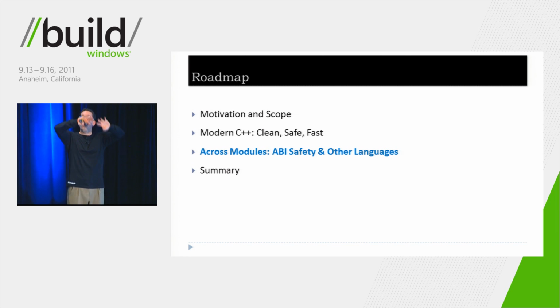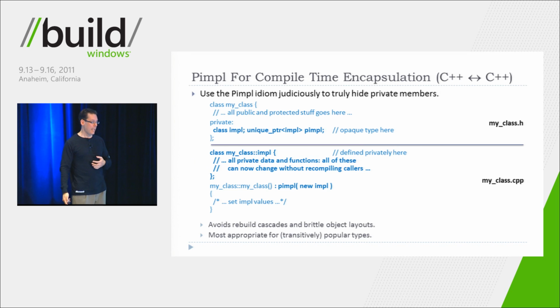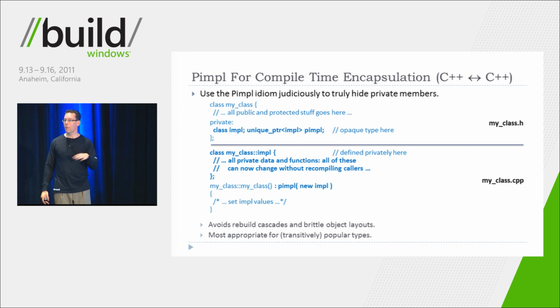What happens on ABI boundaries when you want to talk to other C++ modules or other modules that may or may not be implemented in C++? There are three steps to think about. You probably know the first two already. One step is, and this is useful even not on module boundaries, for really popular types, use the Pimpl idiom,